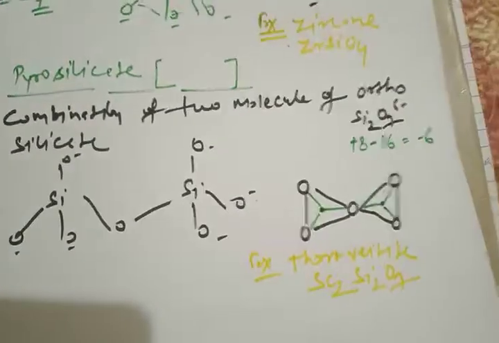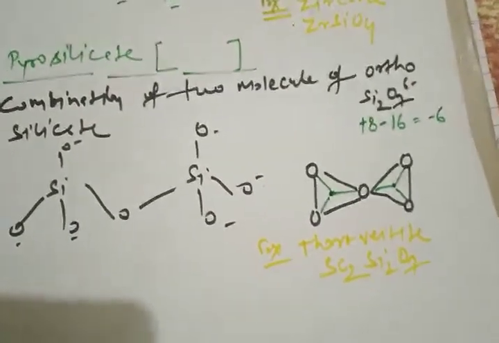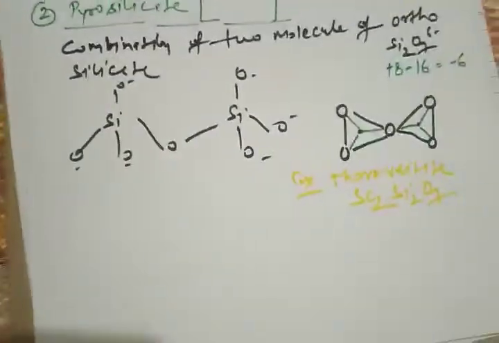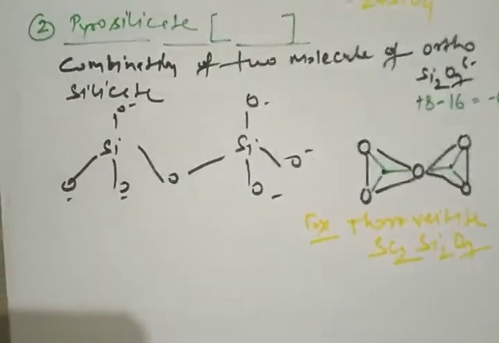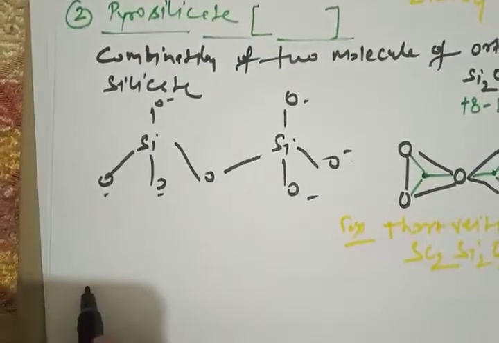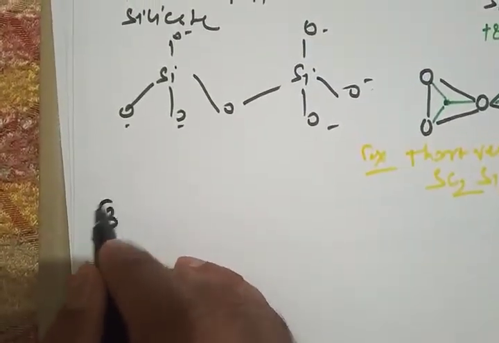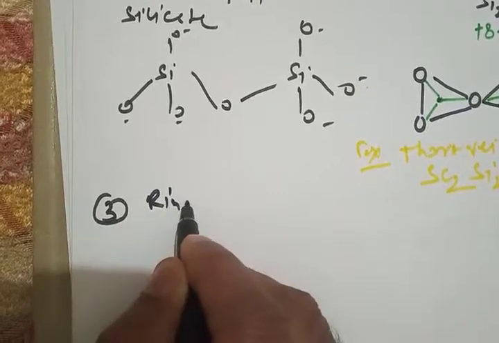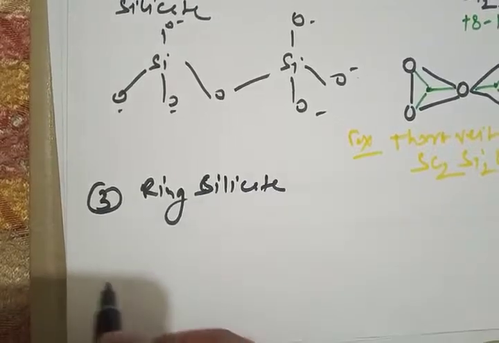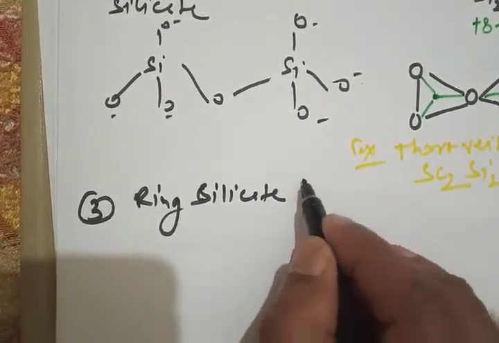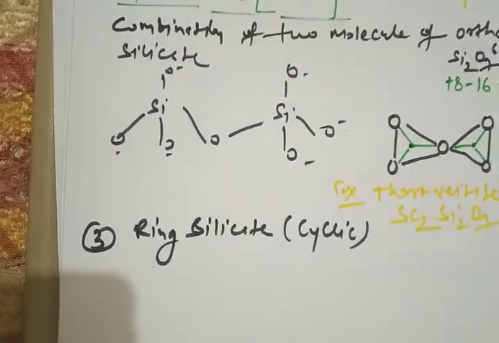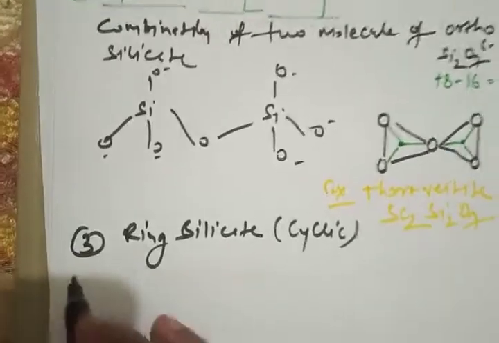Si2O7. Sometimes the question may ask from the example part also, so you should remember at least one example. Okay, moving ahead, next we will talk about the third type, and that is the ring silicate. Okay, so ring silicate, another name is cyclic silicate. So the basic unit in this case is